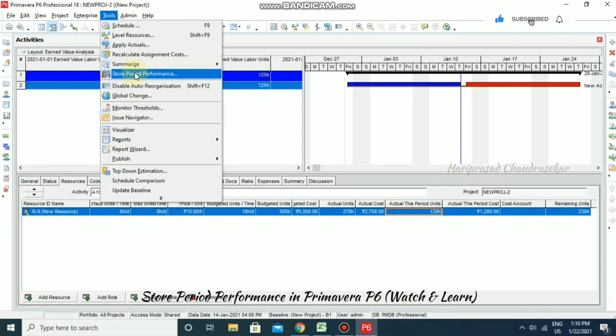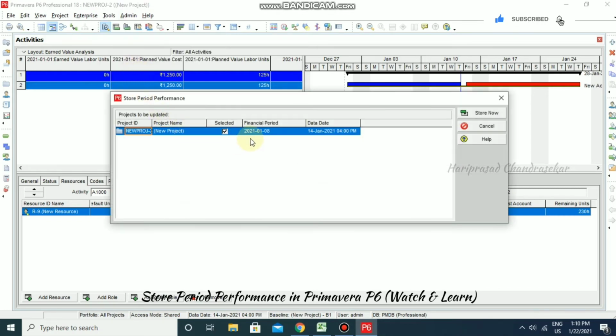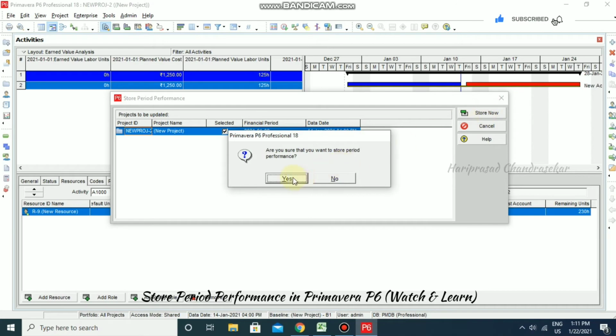Here we can select the date. It is automatically having that financial period. See, on 8th onwards until 14th. So I'm going for store now and put yes.